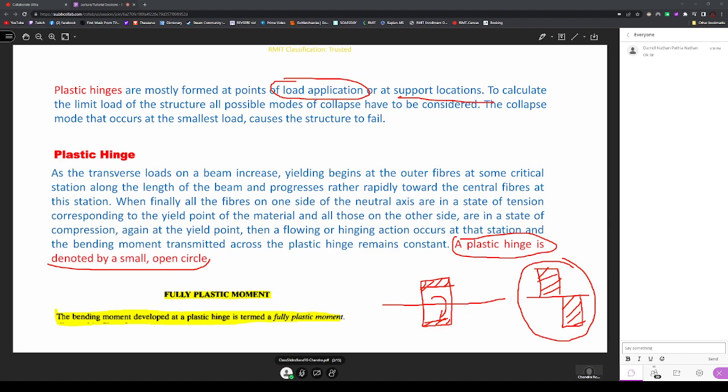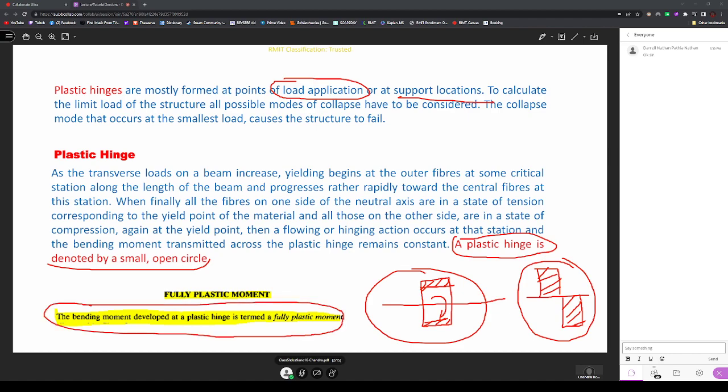Okay, so this is the state where it is partly elastic and partly plastic. So when the beam is subjected to increasing loads, the bending moment also increases, and the plastic bending moment refers to where the load application is maximum and where there are support locations on the beam. So those are the points on the structure which reach the fully plastic state first. Okay, so we define the fully plastic moment as the plastic hinge. So when a fully plastic moment develops on the structure at a particular point,